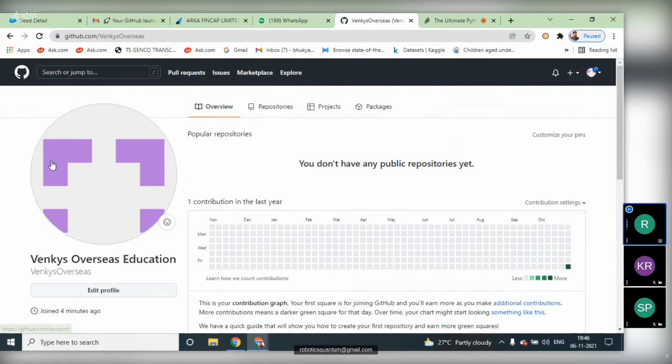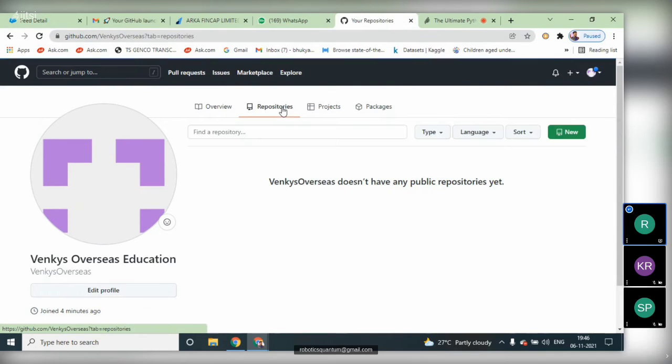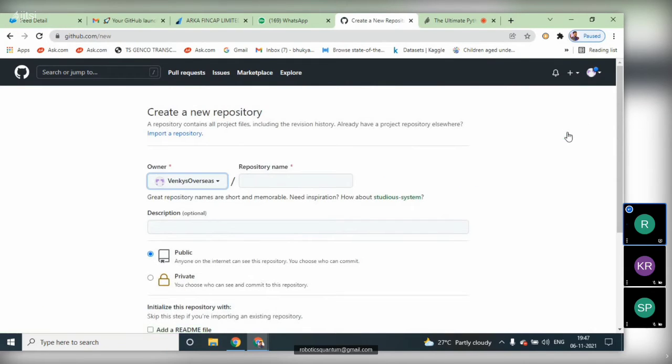When you click on this, we go to the profile option. Nothing is here because this is a very new account. Now we're going to create a repository. If you want to upload something like assignments or projects, we must go through the repositories option. When you select it, there is a green button for a new repository. Click on it to create a new repository. A repository is nothing but a folder where we keep our project files, assignments, or works. We can keep any programming parts or our resumes here.